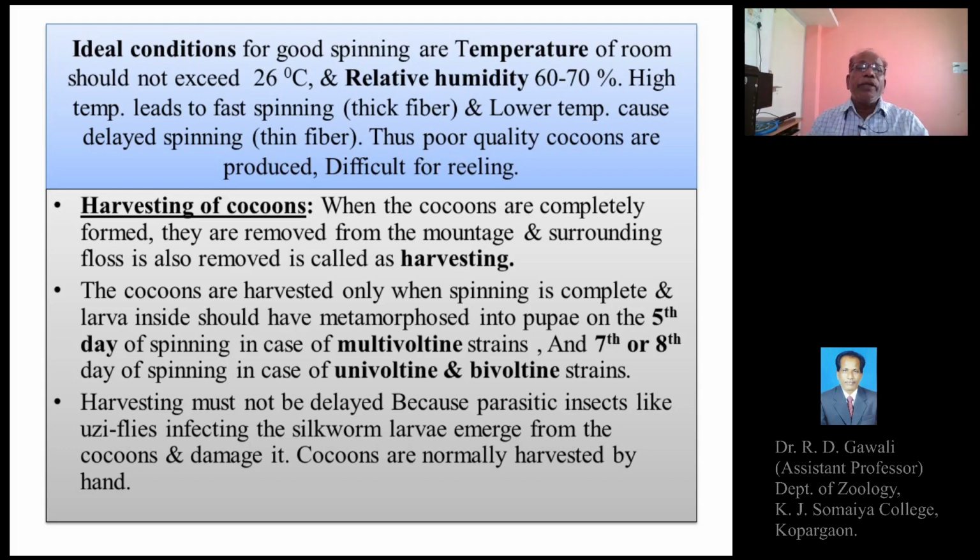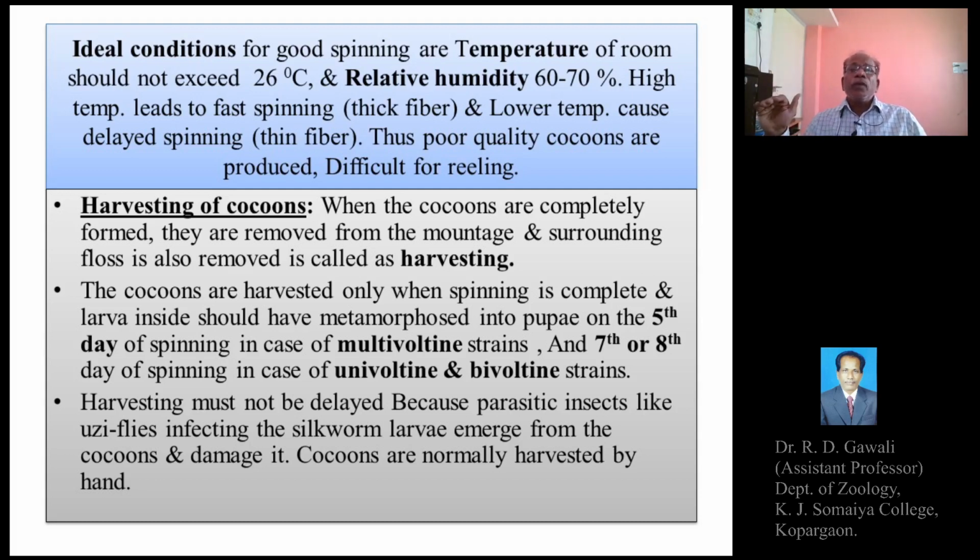So for ideal or good spinning, the temperature of the room where the mountages are kept should not exceed 26 degrees centigrade. So a temperature of 26 degrees centigrade should be maintained in the rearing house during spinning of cocoons, and the relative humidity should be in the range of 60 to 70%. So a temperature of 26 degrees centigrade and humidity of 60 to 70% is optimum,